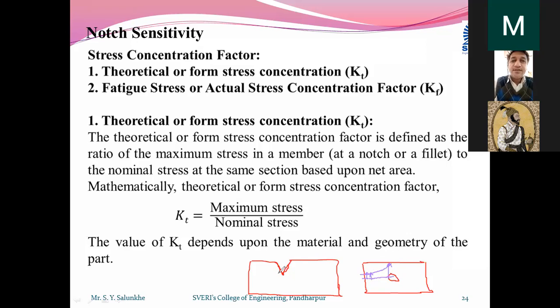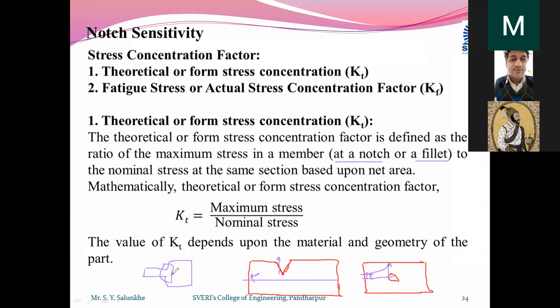Here also, the stress is more near the notch, and the average stress in the remaining areas is smaller. So this is the stress concentration near the irregularity, that is near the notch or fillet, where we have made the fillet. Suppose this is a component where we have made an irregularity in geometry. This is our job, and the stress will be more at this region, right?